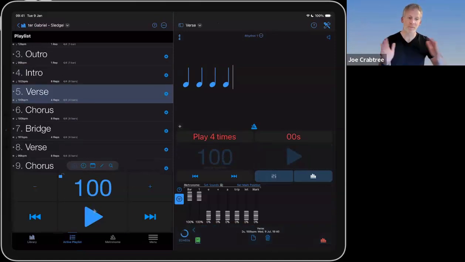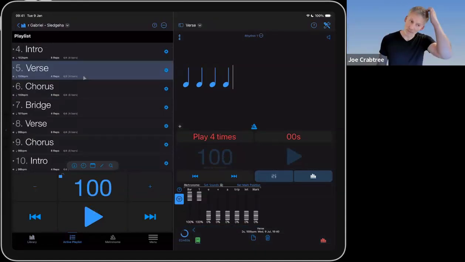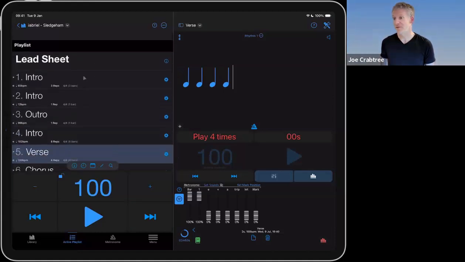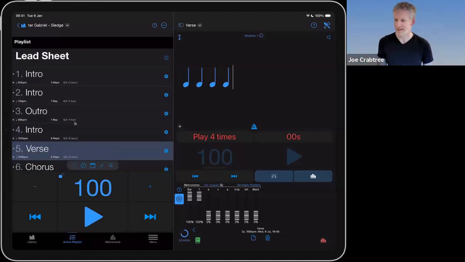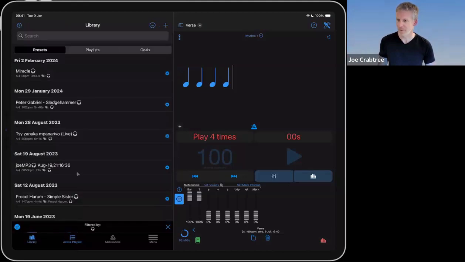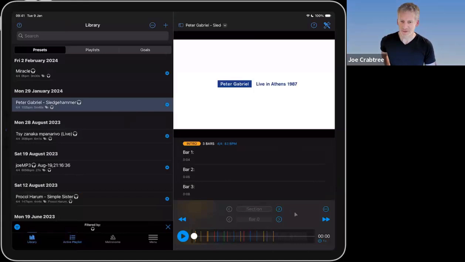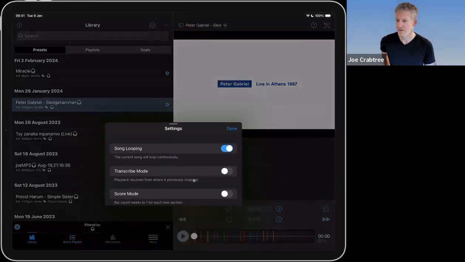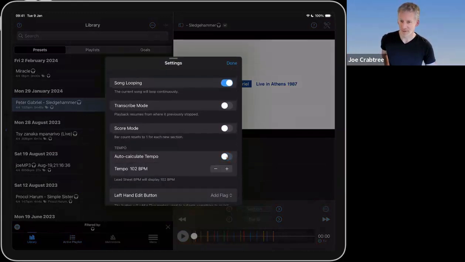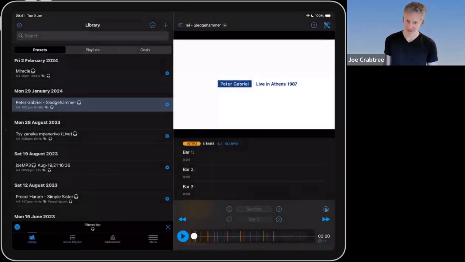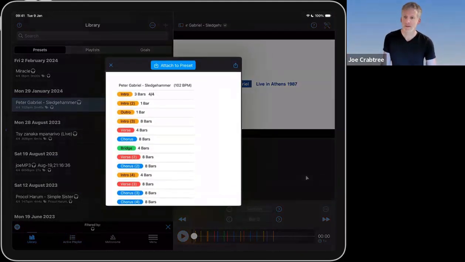So essentially you can mark up a song in the track markup, and then you can create your click track from that, and it gives you all of these things at the tempos that it figured out from the track markup. So if the song is all at one tempo and it just didn't quite get it right, you can specify the tempo in this preset. So right over here in settings, you can turn off auto calculate tempo, and then you can specify the tempo you want to use. And that will also be used on the lead sheet, which is in here,